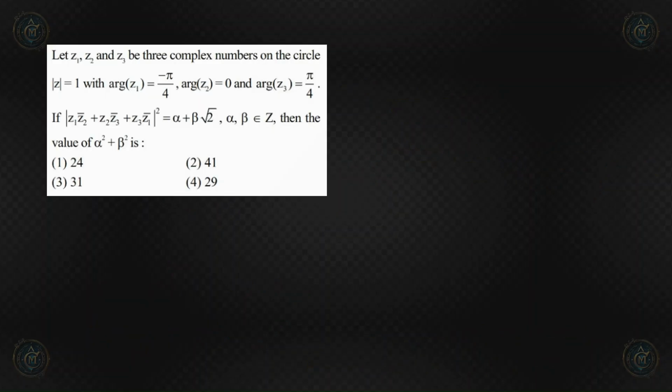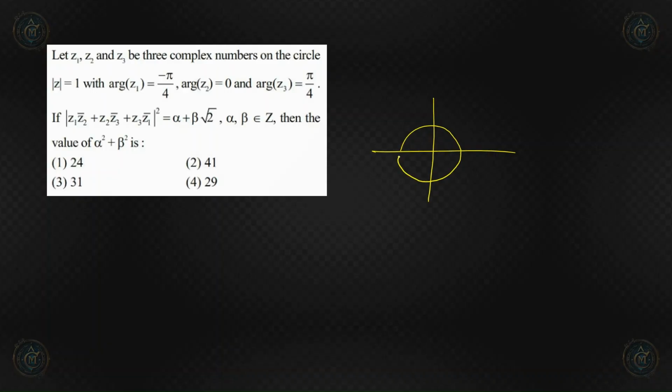Okay, let z1, z2 and z3 be 3 complex numbers on the circle mod of z equal to 1 with argument of z1 equal to minus pi by 4, argument of z2 equal to 0, argument of z3 equal to pi by 4. Okay, so we have these 3 complex numbers on the unit circle,